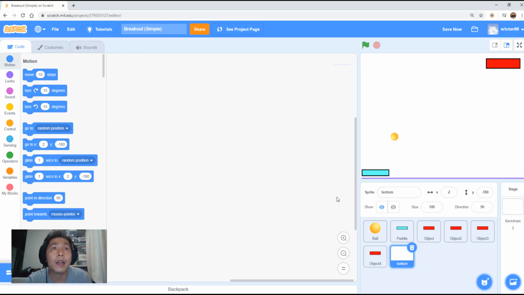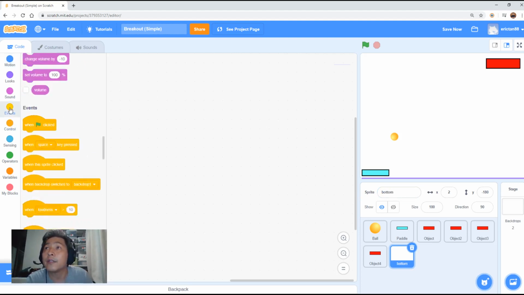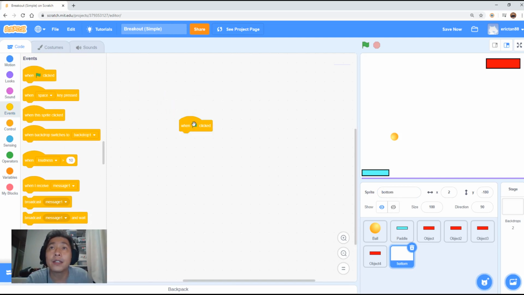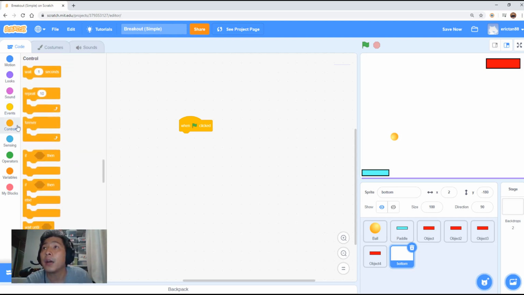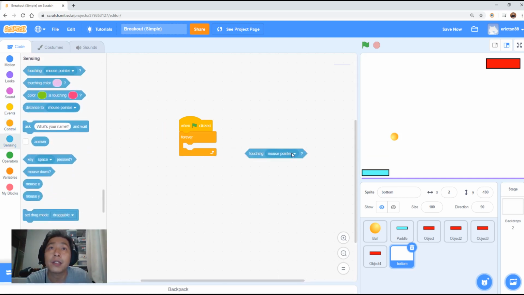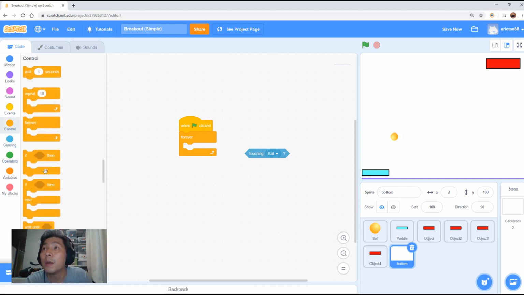Now we're going to code it. We're going to start with events. When the green flag is clicked, we want to trigger a game over state when the ball touches the bottom sprite. So we will go to control and grab a forever block. We will need sensing. We need to sense when we touch the ball. We're currently coding inside bottom, so when the bottom touches the ball, it will trigger an end state. Go to control, pick up an if statement. If the bottom is touching the ball, we need to trigger the